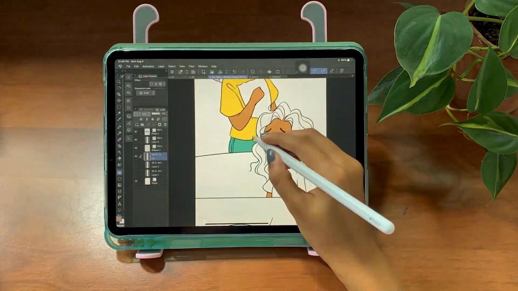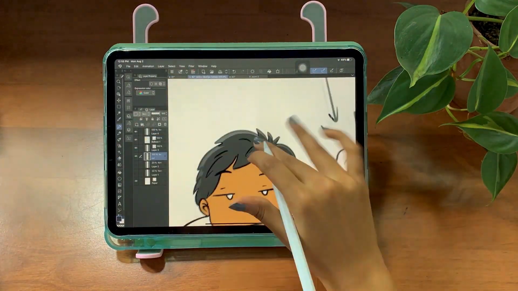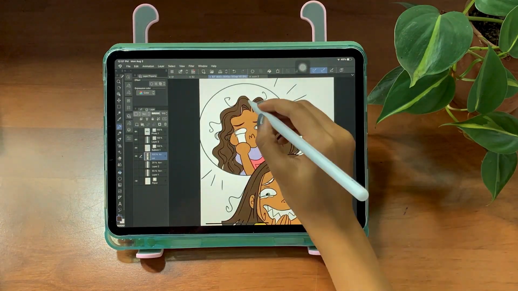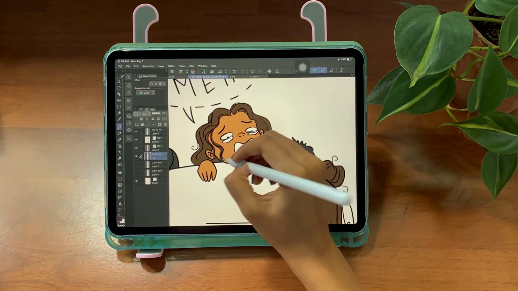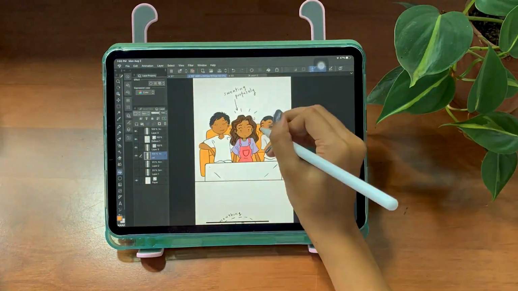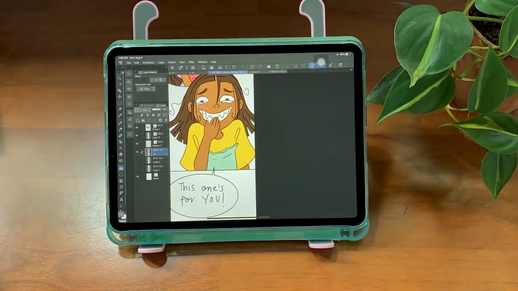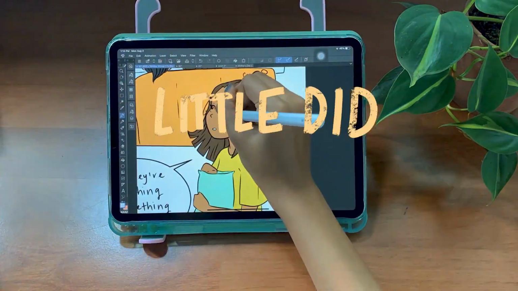So while I color, let me explain what this is really about. This episode in particular was something that happened to me while I was going downstairs to grab a few snacks while I was working, and I came across my sister and my parents watching this TV show together. And I hadn't seen this before, so I thought, oh, they're watching a really cute show together. But little did I know,